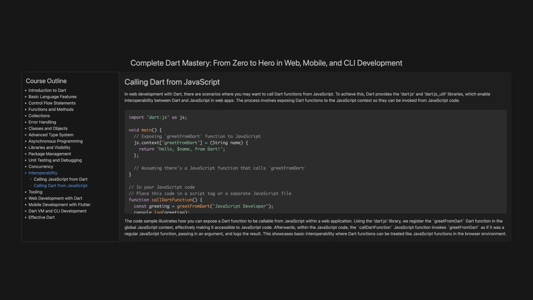The code sample illustrates how you can expose a Dart function to be callable from JavaScript within a web application. Using the dart:js library, we register the greetFromDart function in the global JavaScript context, effectively making it accessible to JavaScript code. Afterwards, within the JavaScript code, the callDart function invokes greetFromDart as if it was a regular JavaScript function,